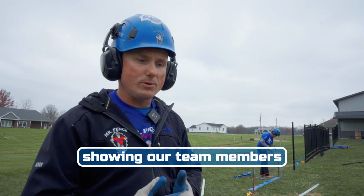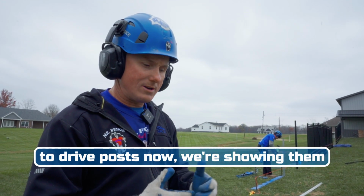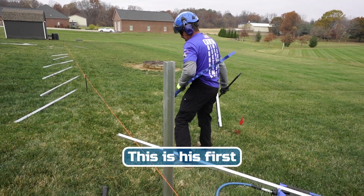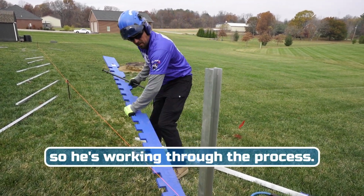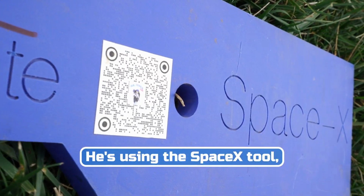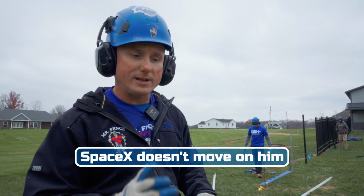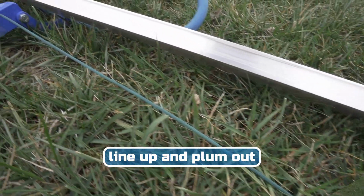So the way that we are showing our team members to drive posts now, we're showing them how to do it by themselves, specifically what we were looking for. This is his first time doing it by himself, so he's working through the process. He's using the SpaceX tool, and he's pinning that with the stake just to make sure that SpaceX doesn't move on him while he's trying to line up and plumb out the eye post he's getting ready to